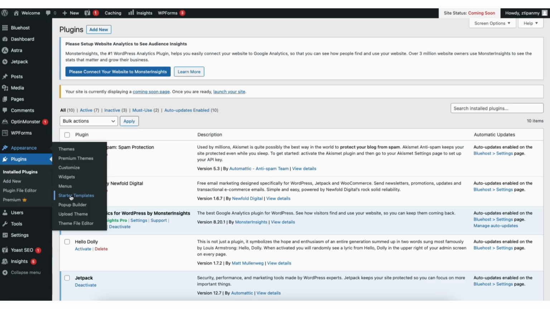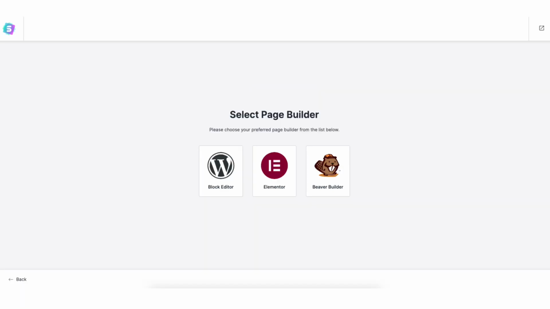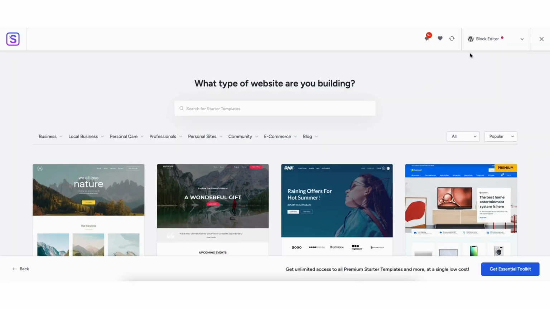Hover over the Appearance tab in the side menu. Click on Starter Templates. You will now see how you would like to build your website. I'll select the classic Starter Templates. Click the Build with Templates button. Choose Elementor for the page builder. On this page, if you ever see something other than Elementor showing up at the top, just click from the